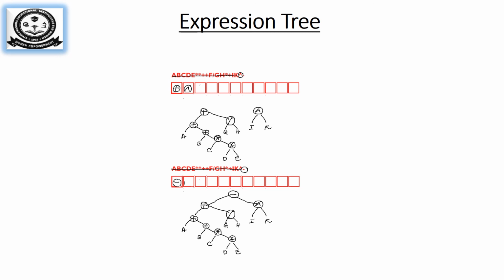So when you are using a single processor, this is how you can execute level by level. If you are using a multiprocessor, these individual subtrees can be executed in parallel, and the results can be combined to get the final evaluated result of the expression.